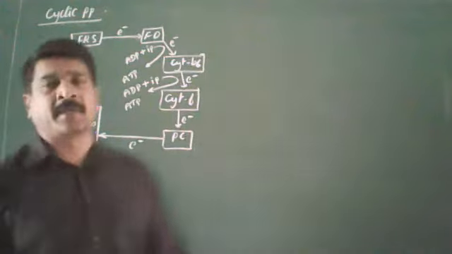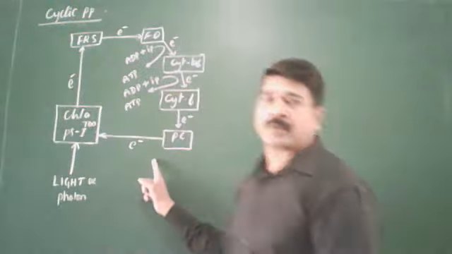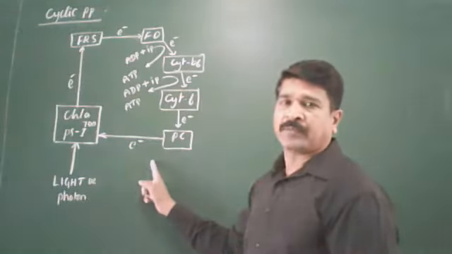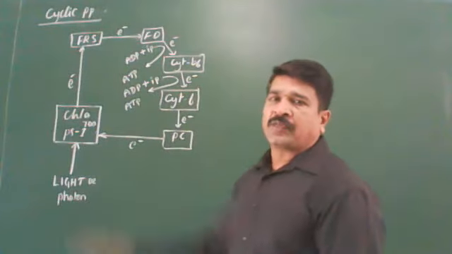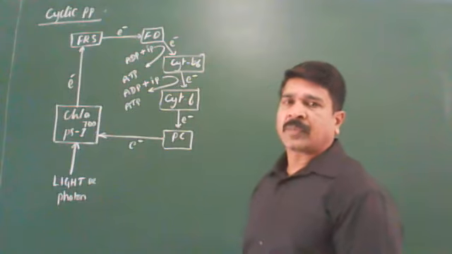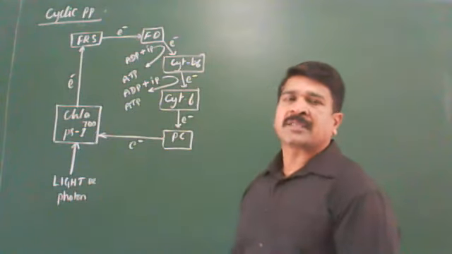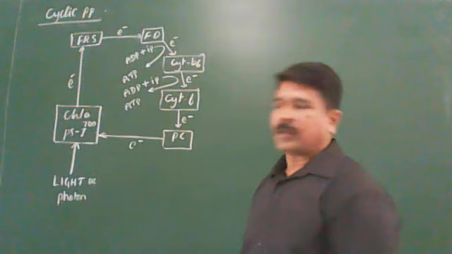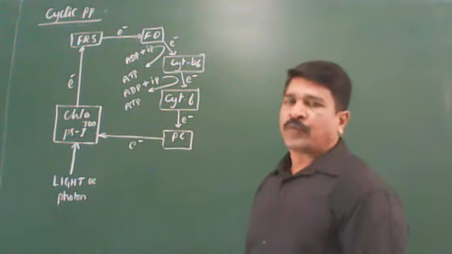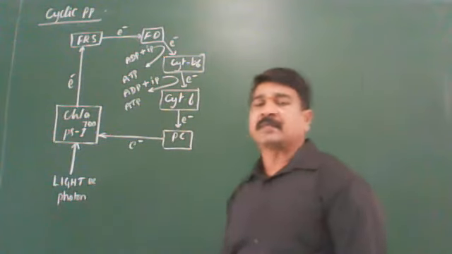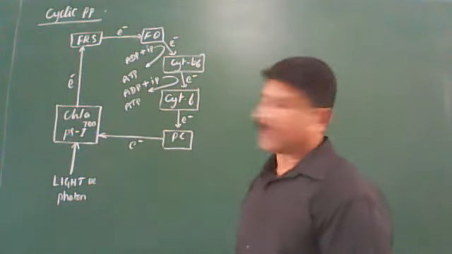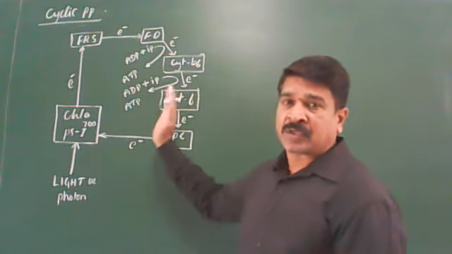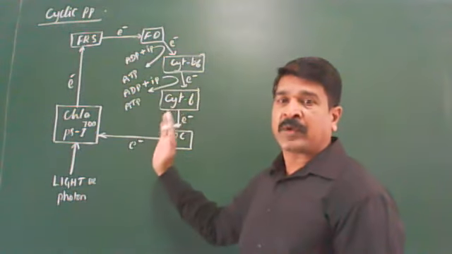Okay, now let us come to the explanation of the cyclic photophosphorylation. Look at the board, all of you. Here, in the place of the arrow mark, we can find the accessory photosynthetic pigments like chlorophyll B, carotenes, and xanthophylls. Understood. Then, as we discussed, chlorophyll A is the primary photosynthetic pigment. So this is the schematic representation of the cyclic photophosphorylation.